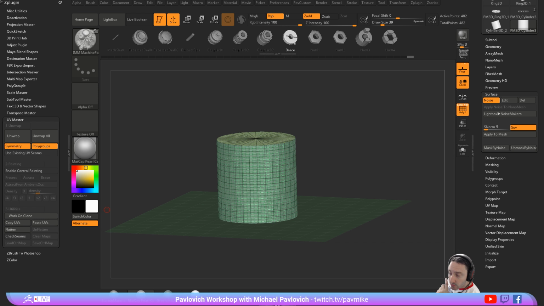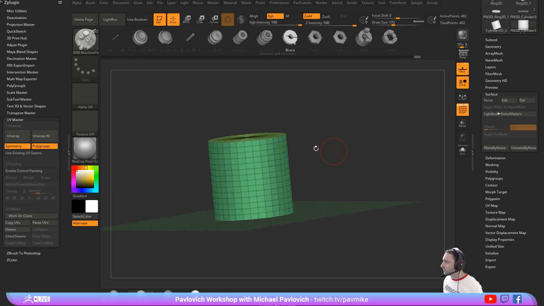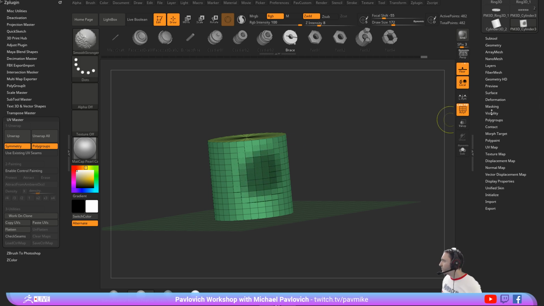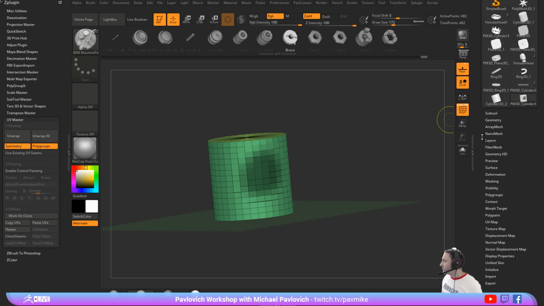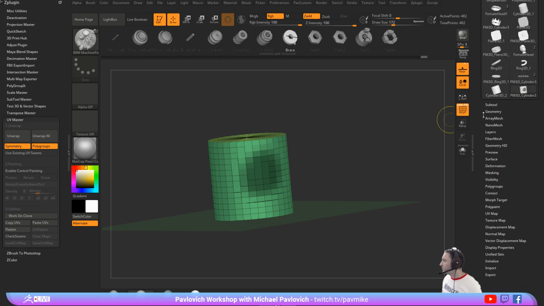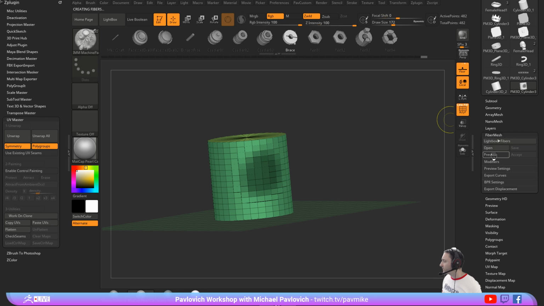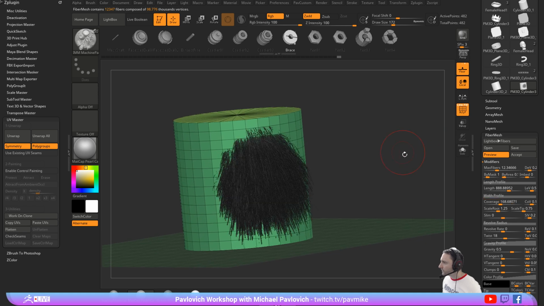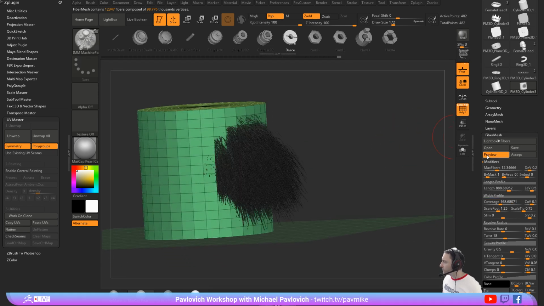The masking of the root of fiber mesh should be done automatically. That's just one of the features of fiber mesh. So if we go in here to your fiber mesh, wherever that is, it's a tool, fiber mesh. So we can say preview, modifiers. Let's crank up that length, crank down those max fibers, and crank up our coverage here. So this is our fiber mesh. So if we say accept,